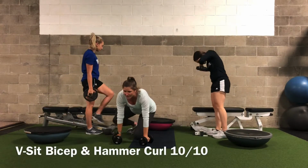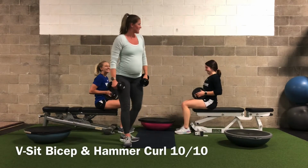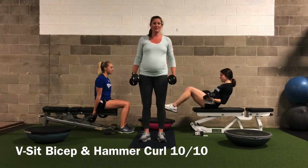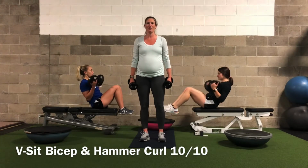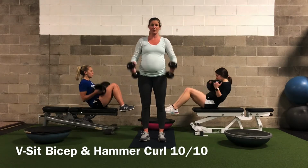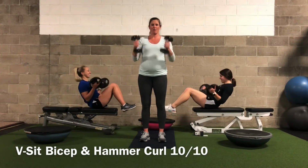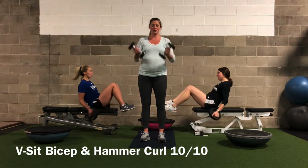All right, so we are going to move to our bench, or if you were on the floor, try to elevate yourself here. If you cannot do a V-sit, so we're going to do a V-sit curl, if you are uncomfortable with that, you should stand and do them with me modified. But we're going to start here first with a normal curl. So we're rotating palms up from a neutral position where they face our hips, up to a palm-orientated position with it back towards us. We're going to do 10 of those,